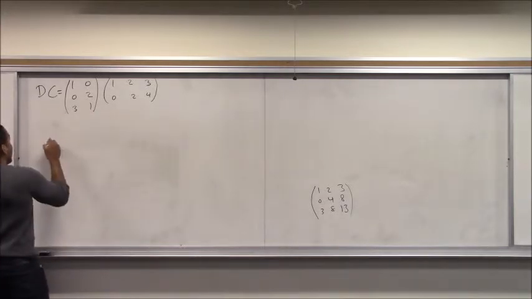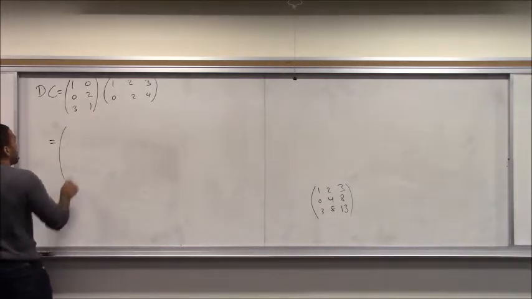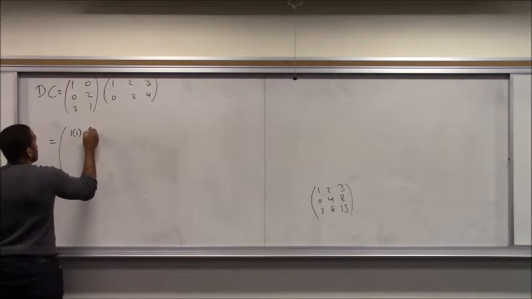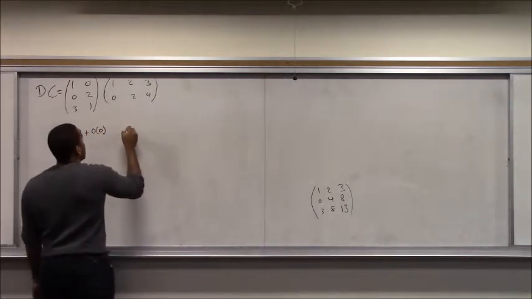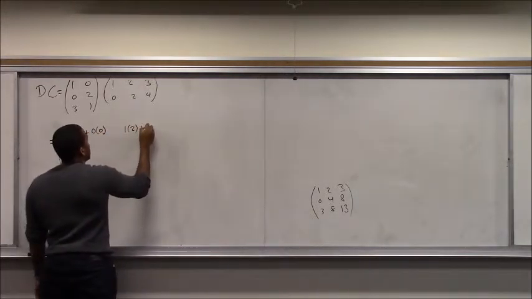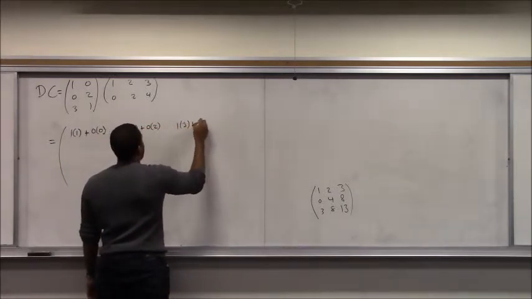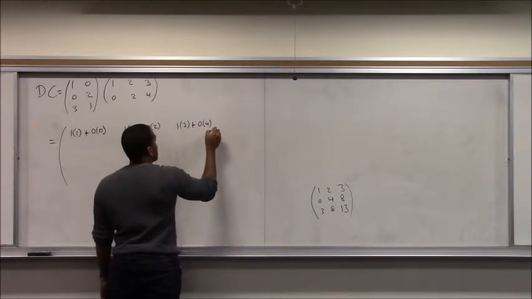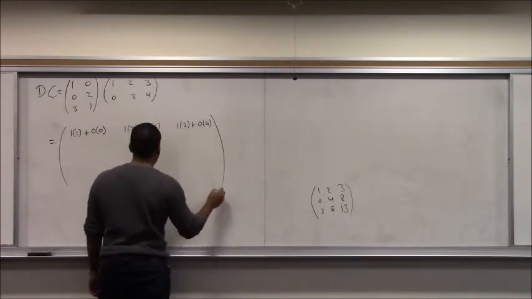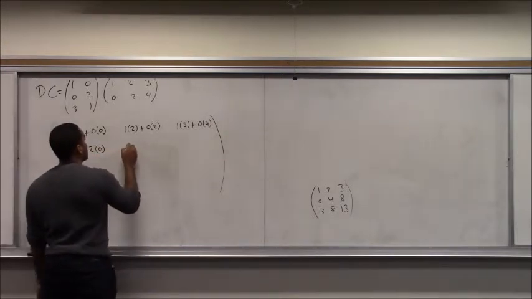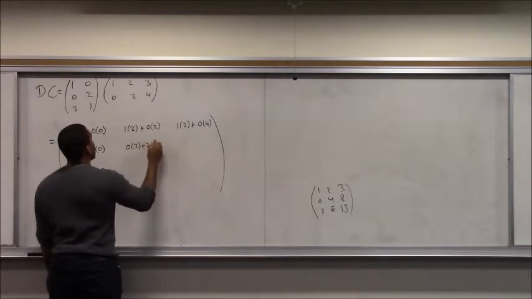Let's see. Okay. So for the first position, what did you get? 1 times 1 plus 0 times 0. And then 1 times 2 plus 0 times 2. And 1 times 3 plus 0 times 4. And then the next row. Okay, so you stop here. And then 0 times 1 plus 2 times 0. And 0 times 2 plus 2 times 2. 0 times 3 plus 2 times